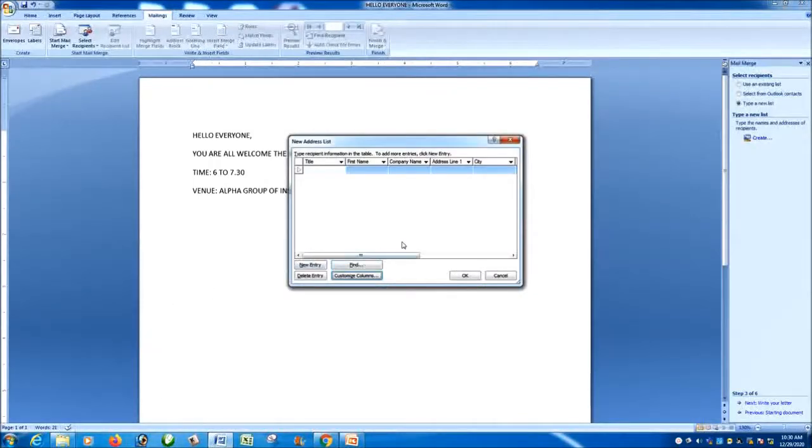After customizing the columns, we will get the New Address List dialog box. In this, you have to type all the details. Now I am typing all the details of the fields.